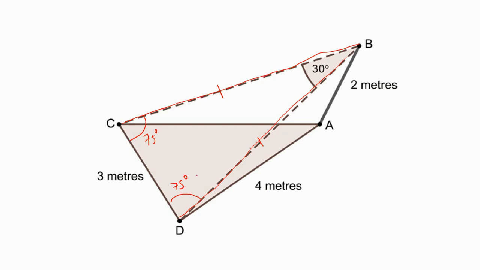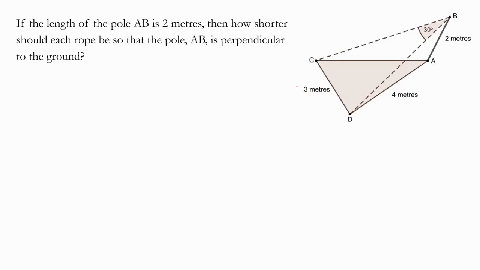This one is nice. We have all the three angles here, and then we have the side, and so it means we can use the cosine rule. We can even use the sine rule. Right. We'll start with the easy one, which is the sine rule, and then after that we're going to use the cosine rule. Okay, let's start by using the sine rule. This angle is 75 degrees, and then this angle is 75 degrees. Since these two sides are equal, so we can say,